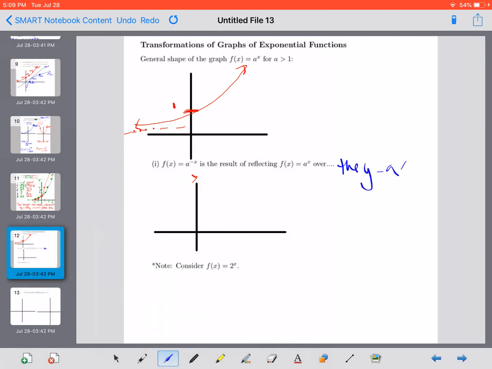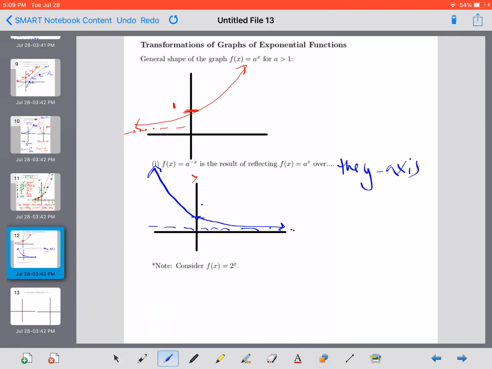And so the graph of a to the negative x is just going to be the same graph we had up above, but reflected over the y-axis. So when I reflect it over the y-axis, now it's growing really quickly in the second quadrant, and now in the first quadrant I'm going to be approaching 0. Okay, so this is what the graph of a to the negative x would look like